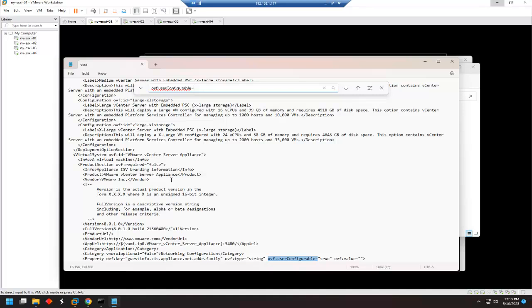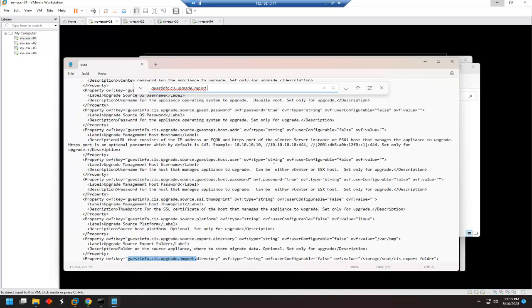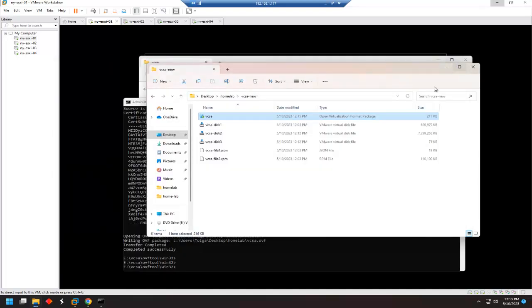And over here, here it is, this is the thing. OVF user configurable is false. So I want to make this true, and I want to save this file. And I am basically ready to go. So that's the only thing that I need to do. At this moment, I can just double click, and this is where we're going to install